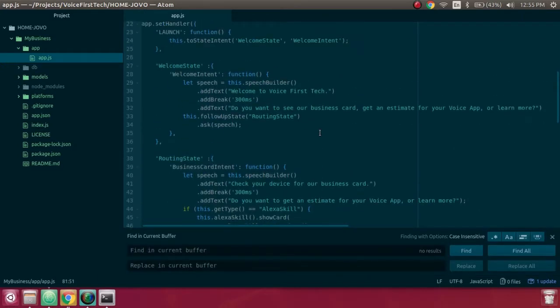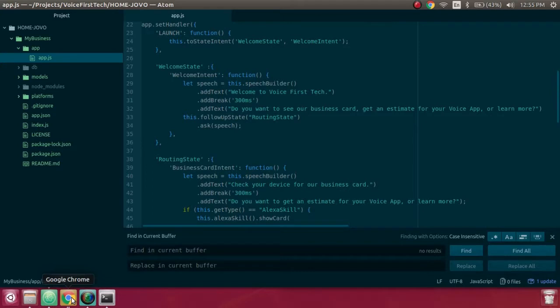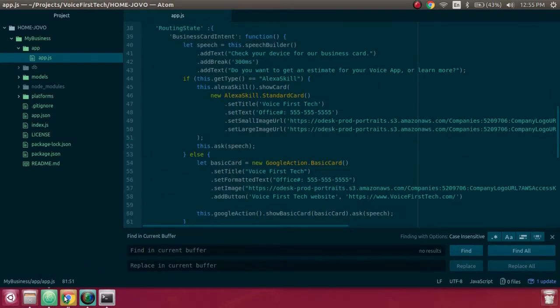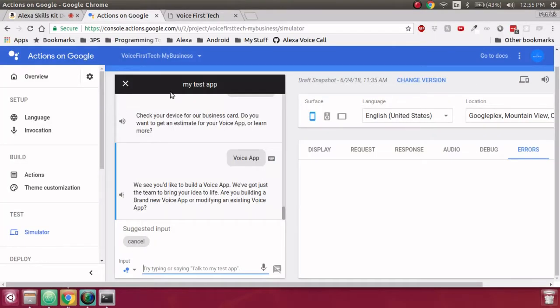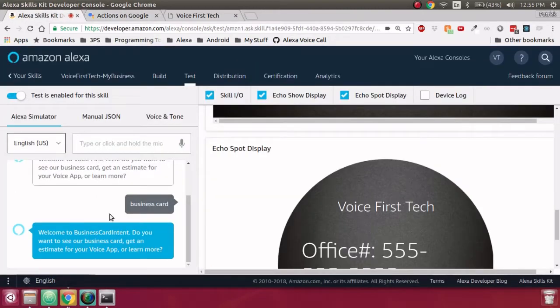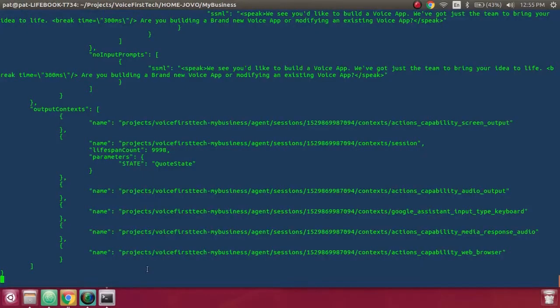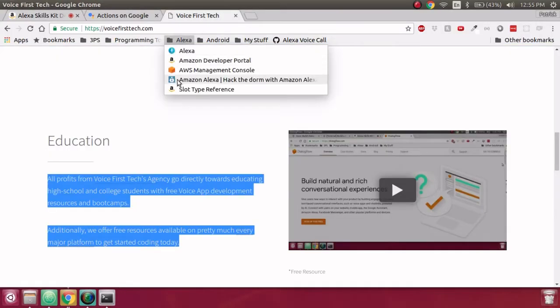I'm pretty happy with how my app looks now. I've gone through and I've modified the responses to match what I expect for my business. And I've tried it all in both Actions and the Alexa console. So now what I need to do is upload and host my skills so that it's not here on my local computer. To do that, we're going to go to AWS Lambda, and we're going to both leverage AWS Lambda